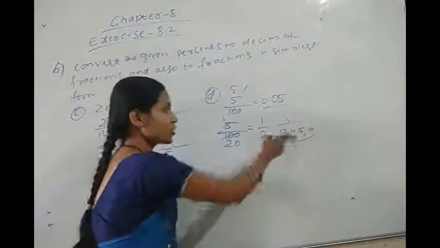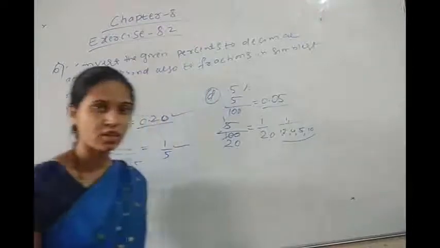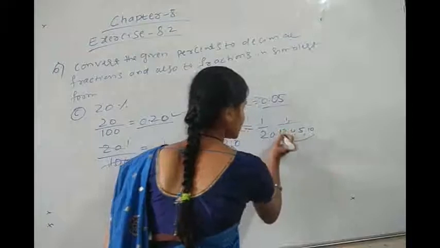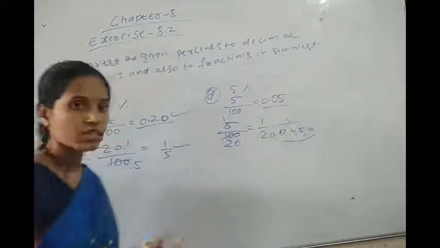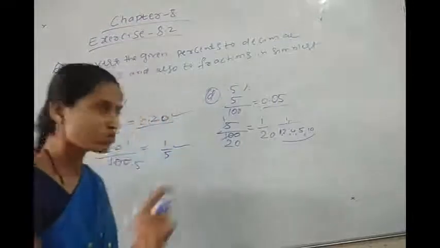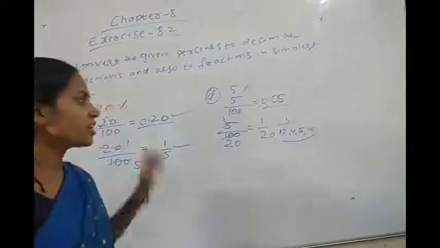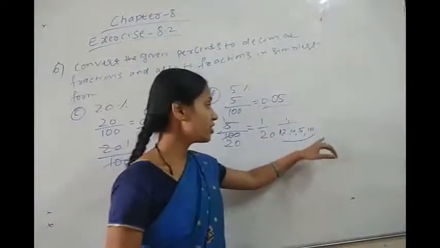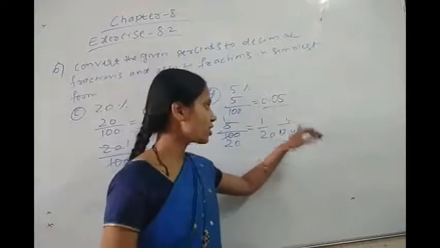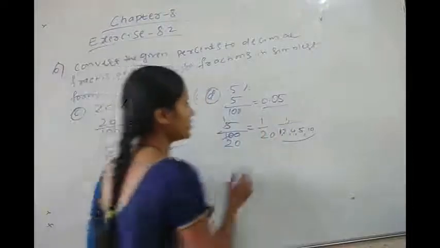1 20s are 20, 2 10s are 20, 4 5s are 20, 5 4s are 20, 10 2s are 20. But except one, no other numbers 2, 4, 5, 10 are common in the numerator. Only one is common in both the numerator and the denominator, but in the denominator we are having 2, 4, 5, 10 which are not in the numerator. So that's why only one is common.